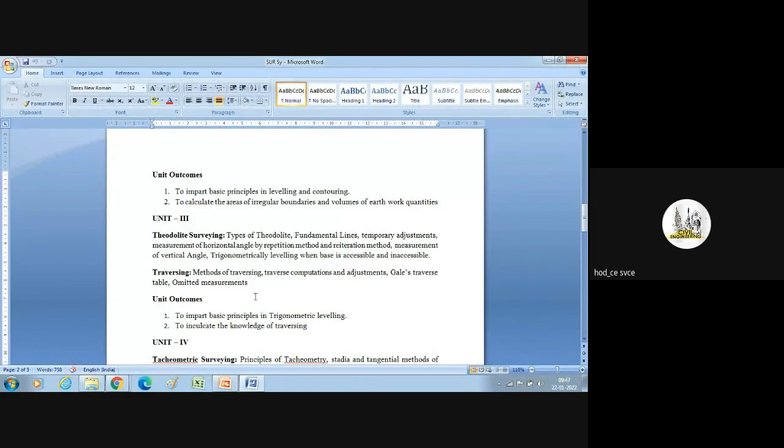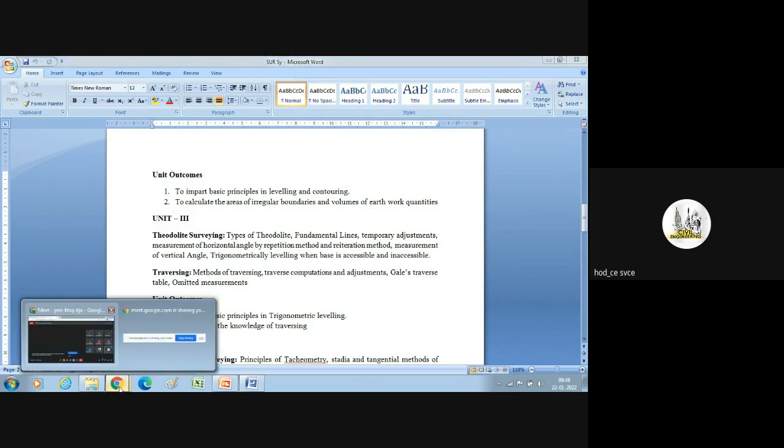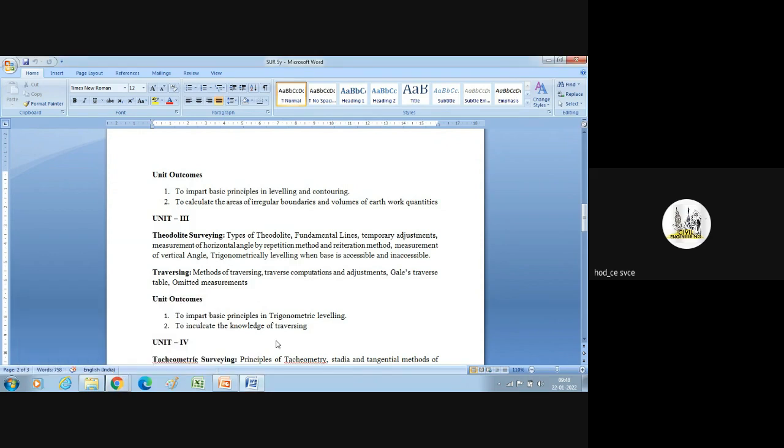If in case it was not possible, if you know the angle but don't know the distance,